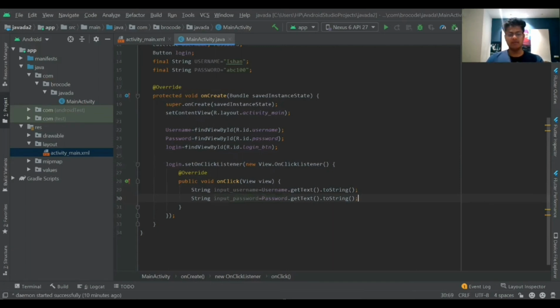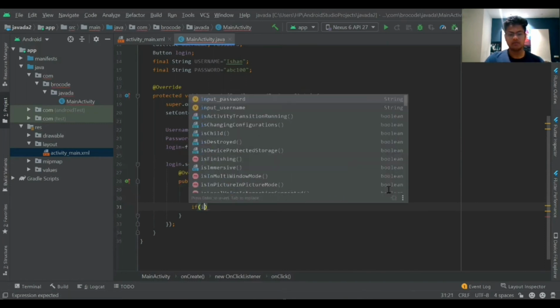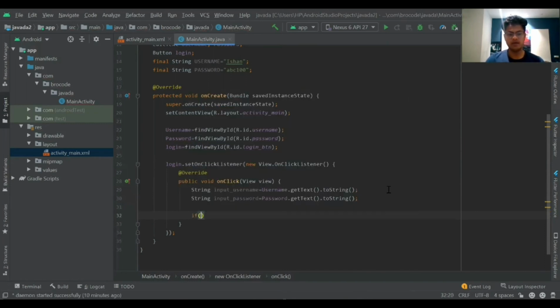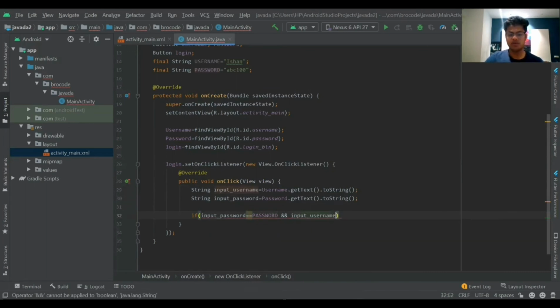So if, just make it a new line, if inputPassword equals, sorry, we have already defined it, password, and inputUsername equals username, then we're going to give a message or a toast.